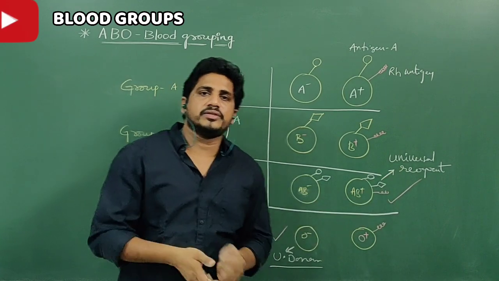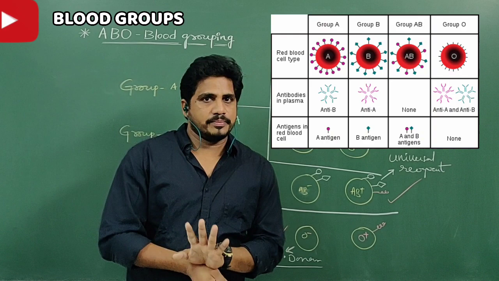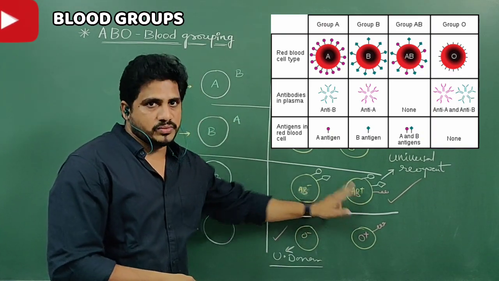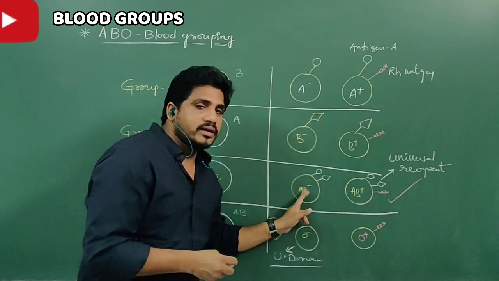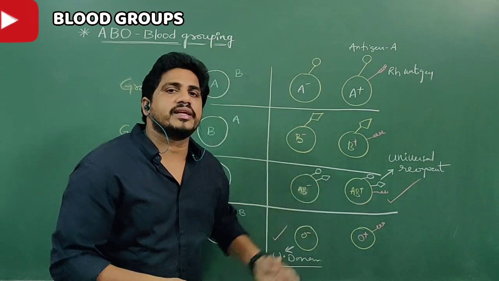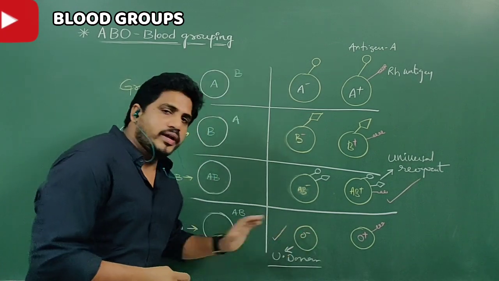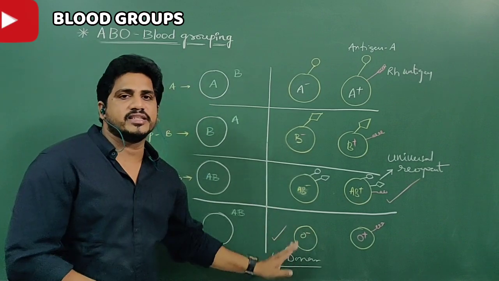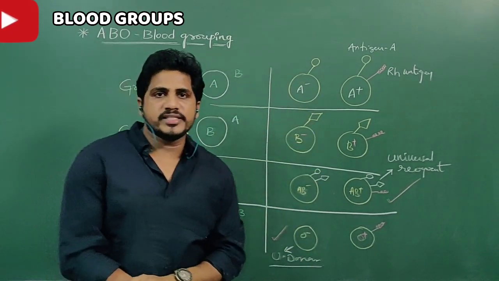Generally people know that O blood group is universal donor, AB blood group is universal recipient. Correct. But in these two, it is AB positive, not AB negative. AB negative can give to everyone, but not to AB positive person. AB positive person can receive from any person in the world. Whereas in these two, O negative can give to even O positive also. Right? They do not have any antigens, so they never disturb. This is what the different types of blood group execution.